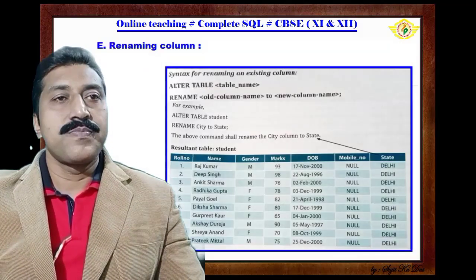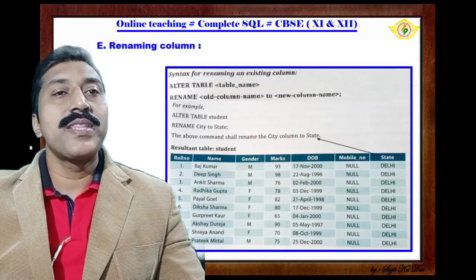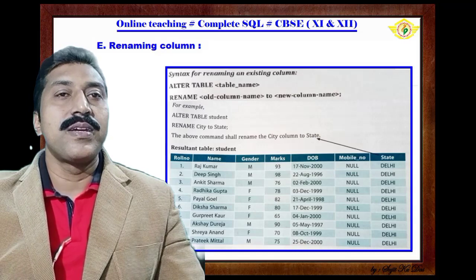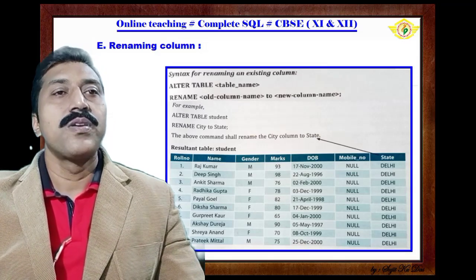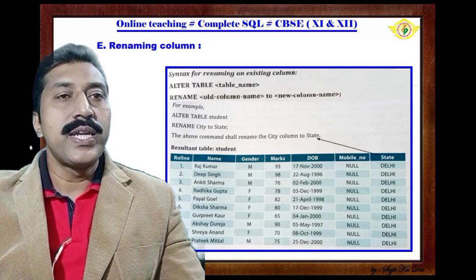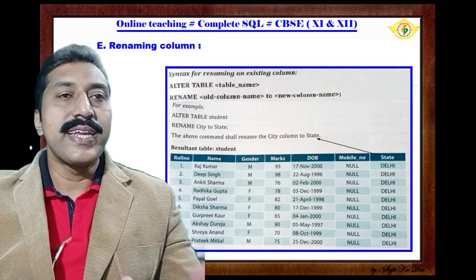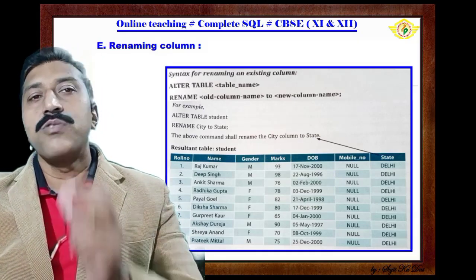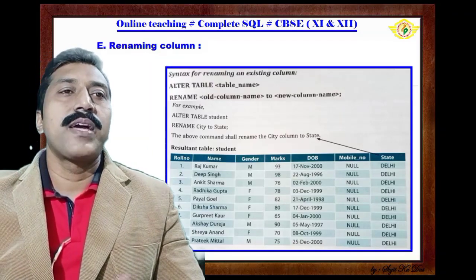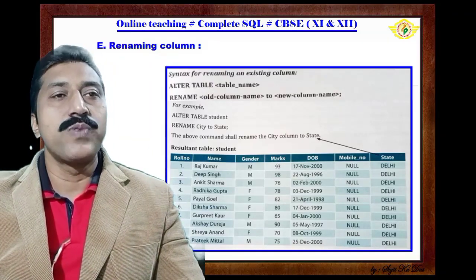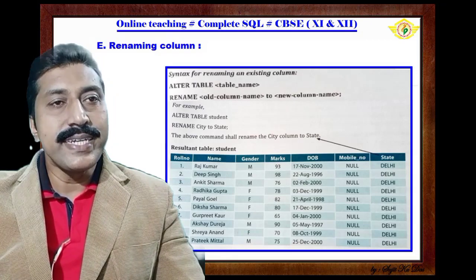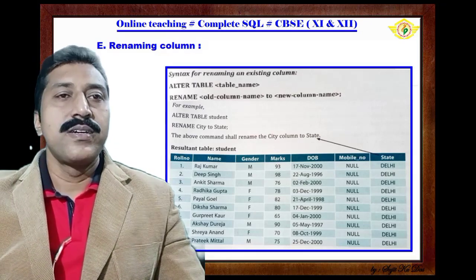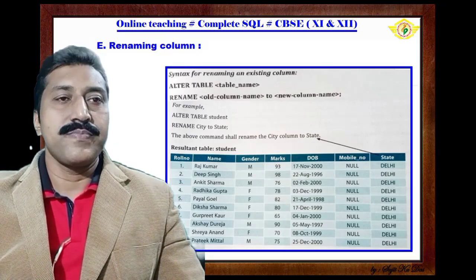Renaming columns. An existing column in a relation can be renamed using the ALTER command also. How to write? ALTER TABLE table name RENAME old column name TO new column name. Example: ALTER TABLE student RENAME city TO state. So city is changed to state.